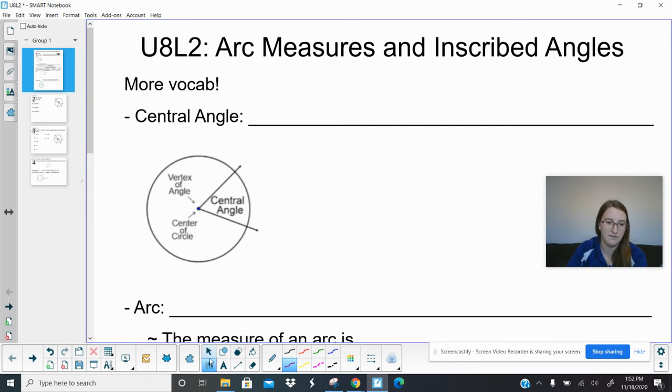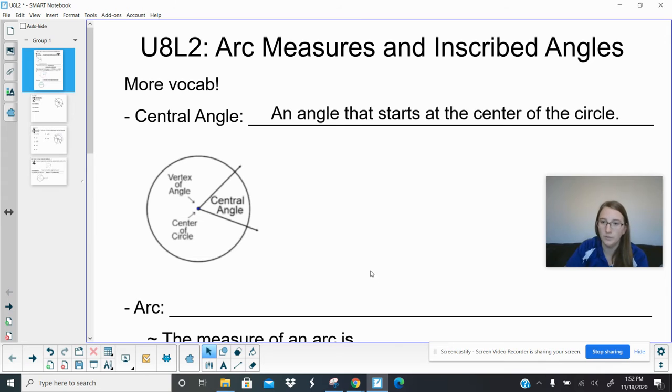which you might not have learned about before. So to start with, we have what's called a central angle. This is an angle that starts at the center, i.e. central, of the circle. So look at the picture here. Here's the center. This angle comes from the center. So again, we would call that a central angle where the vertex, where it meets, right, starts at the center